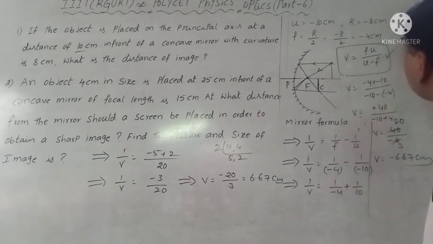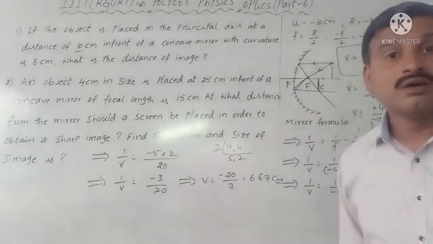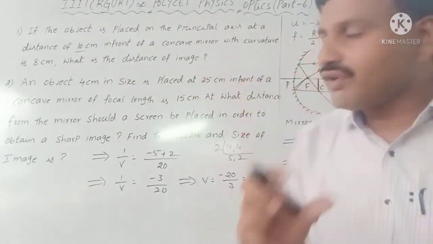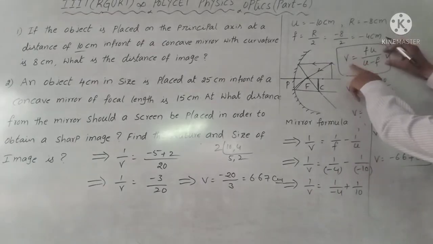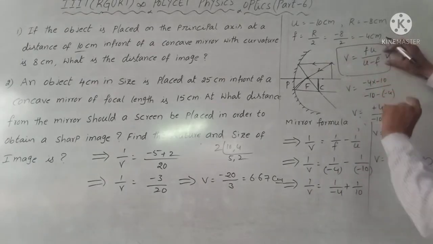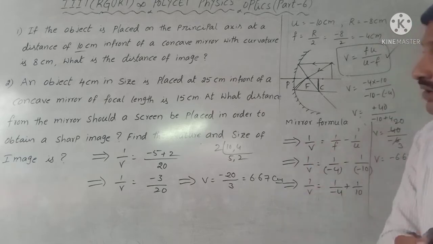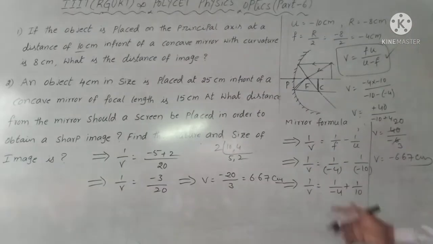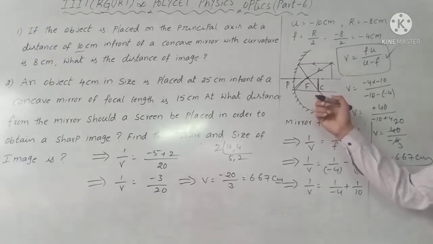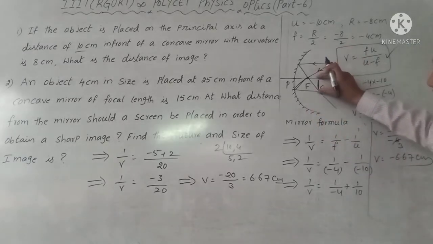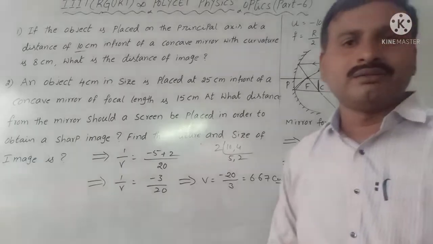It is the very shortcut formula for the image formed by the concave mirror. Which formula are we using? V = FU/(U − F). It is the simplified formula. And after that, what is the nature of the image? It is real, inverted and diminished. Compared to the height of the object, this one is very small.